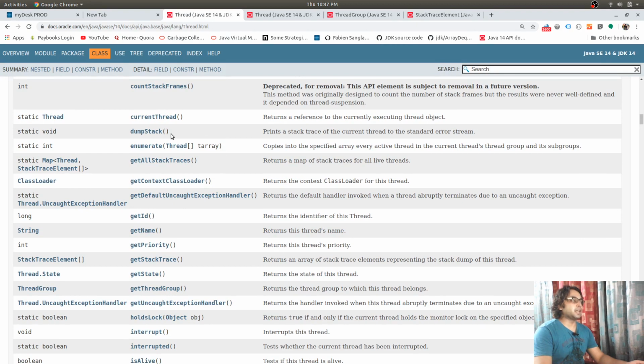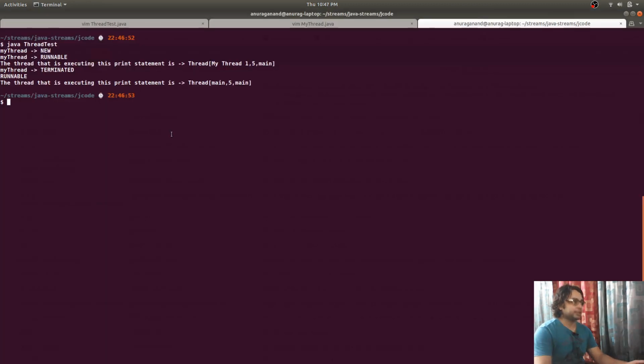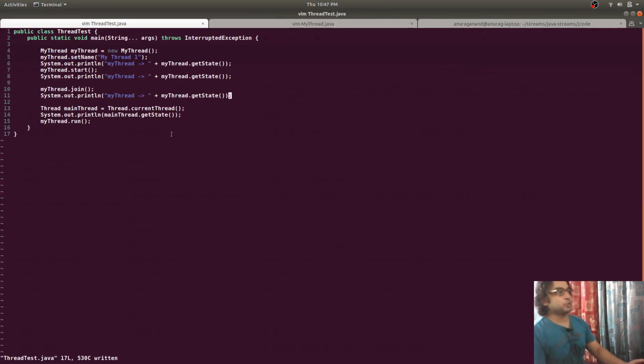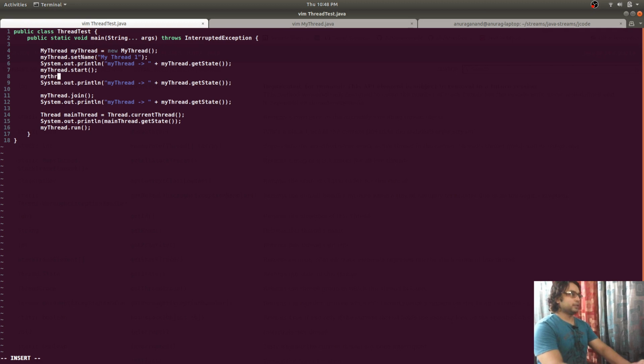This prints the entire stack trace of our current thread. So suppose you are creating an application and you want something like a thread dump of your thread if some exception happens.